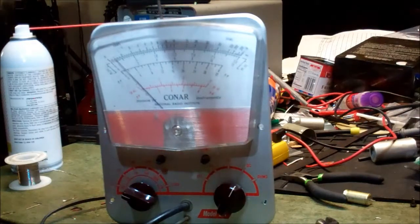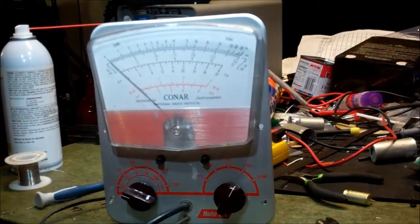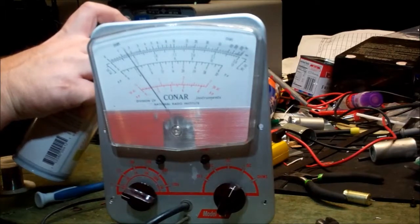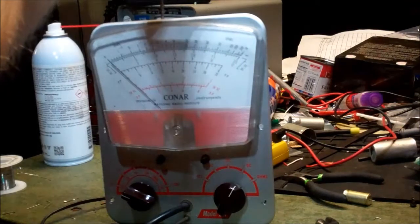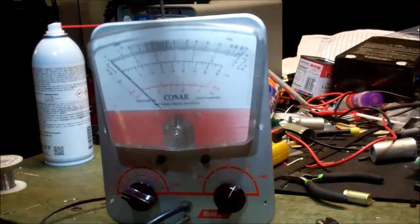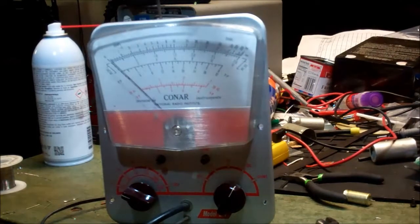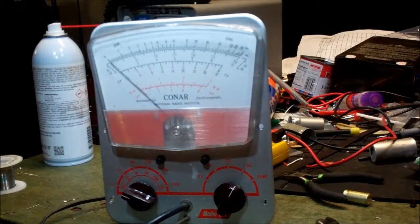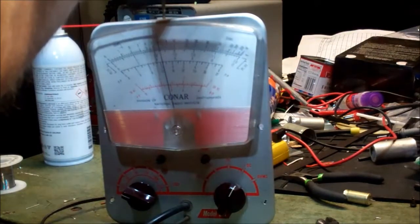That one's dirty. Look at how that thing jumps around like a wild animal. I think that might be our problem. Let's spray a little schmoo in that, and then let's just twist the daylights out of it with our battery disconnected here. And let's look at what our voltage reading is now. Alright, let's see if we can set that to about...